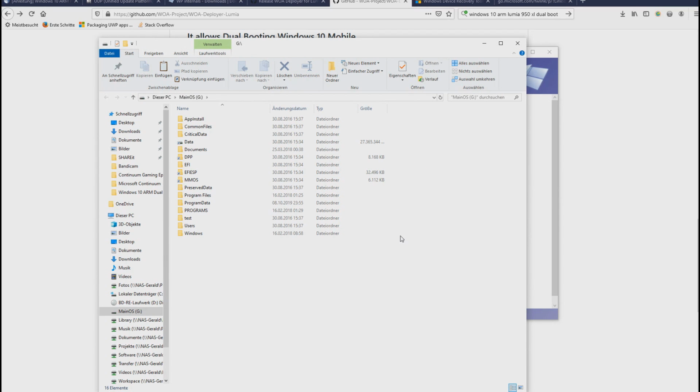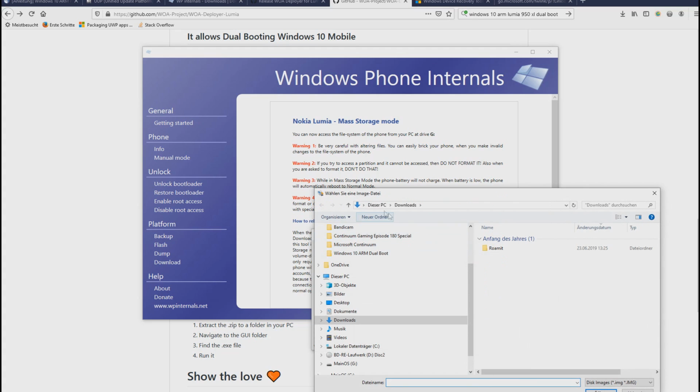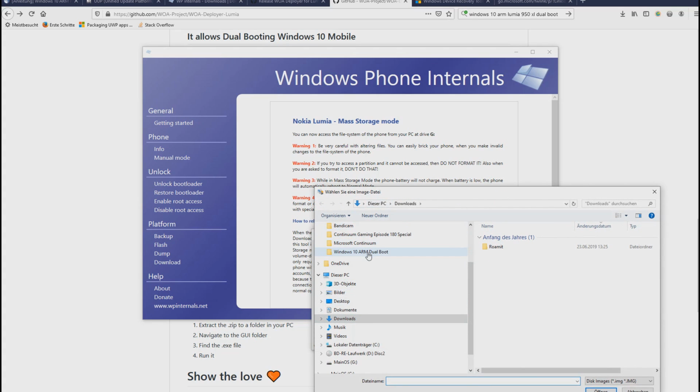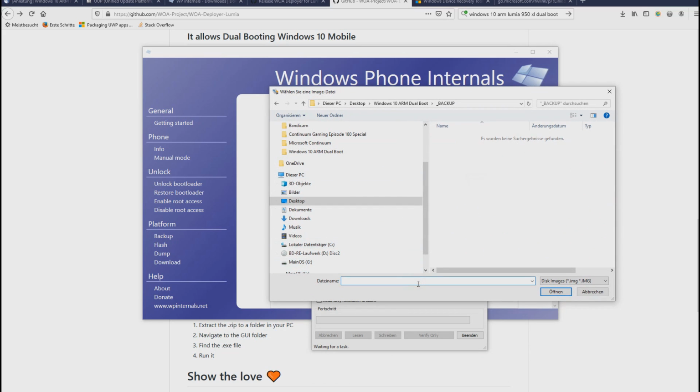Okay, this seems to be quite fine. It's on G in this case. And here you can see we now are in mass storage mode and we can use this. And now we can, for instance, create a hash file, I think. For that I will go to my part here. I have a backup file here. And I'm going to call this, hopefully this is the way to do it,